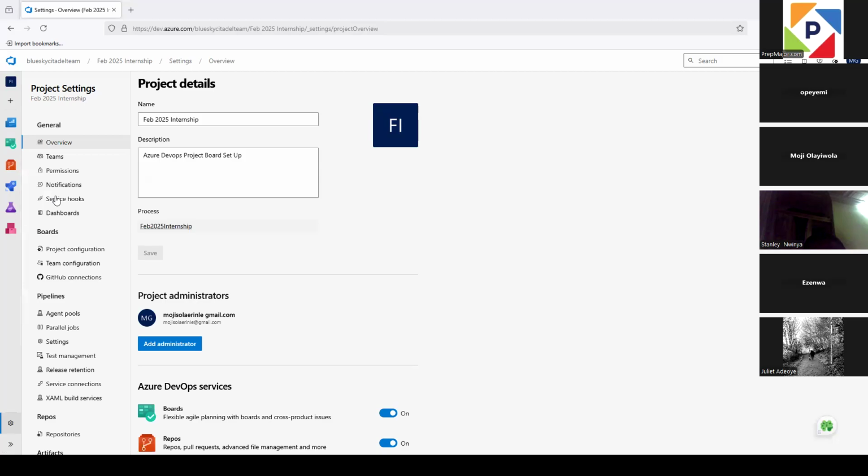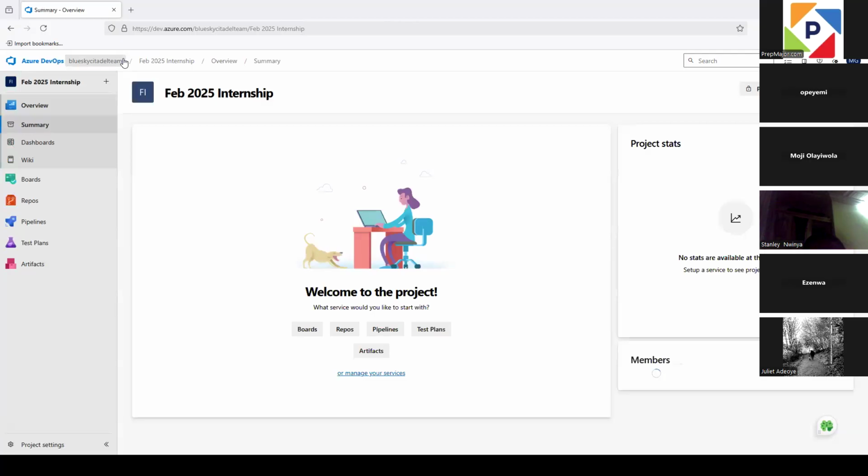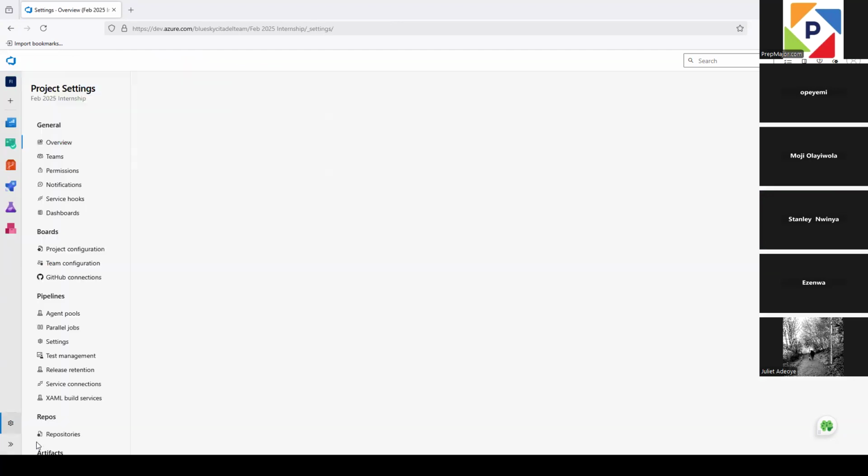All you need to do is go to your project settings. Let me go back to our project and show how we can do the project settings. So the invite is still there if you go back through the top here, but if you don't want to do that, your project settings is at the bottom of your left panel. If you click on that,